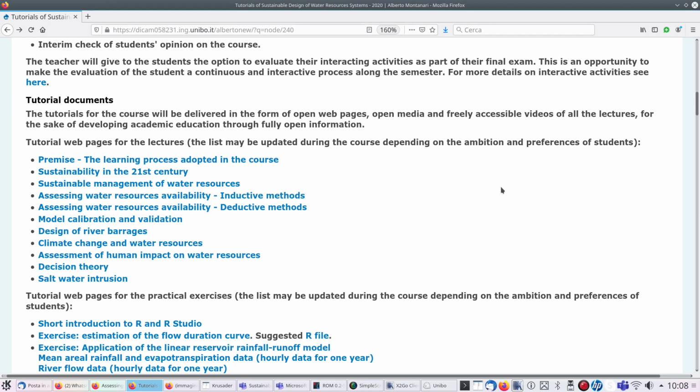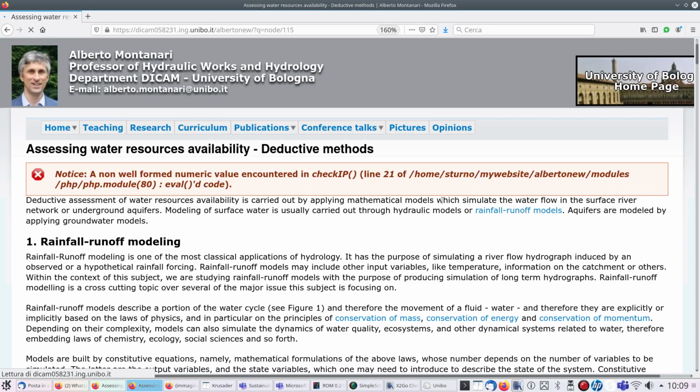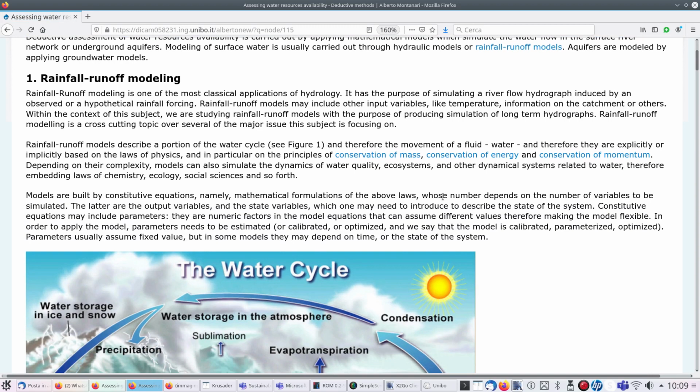There is no way to use inductive methods, no data or few data only, and to compensate for the lack of data, we typically use a mathematical model. I think to make an example, it's better if we click on this web page, deductive methods,